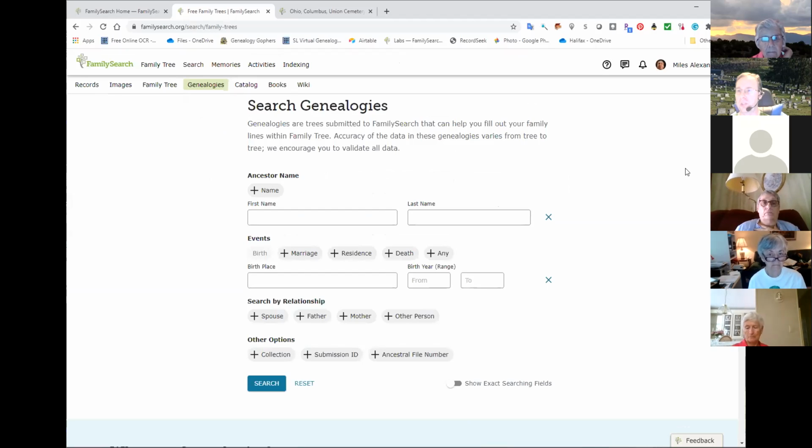People, you hear this all the time: I uploaded my GEDCOM to FamilySearch and nothing happened. It didn't go into the tree. It doesn't automatically populate the tree. And there's a reason why, because the tree is populated manually. You have to enter in the information, because if you loaded up your GEDCOM file, those people are probably already in FamilySearch, and you're going to end up with thousands of duplicates that you're going to have to figure out and merge. So they don't let you do that. They do let you load your GEDCOM file, and this is where you can search the GEDCOM file right here